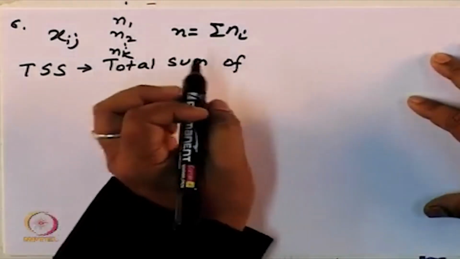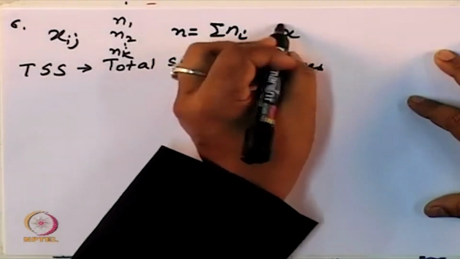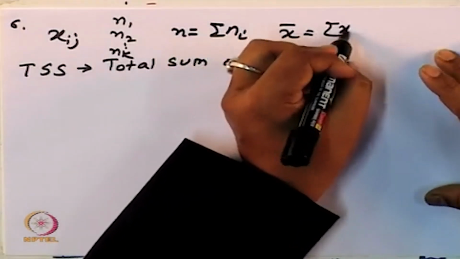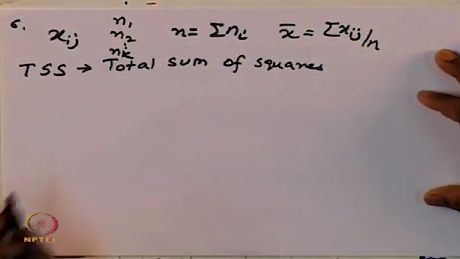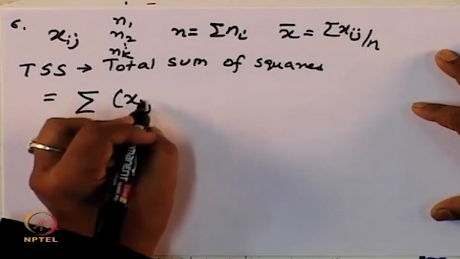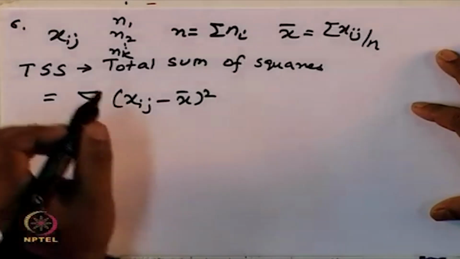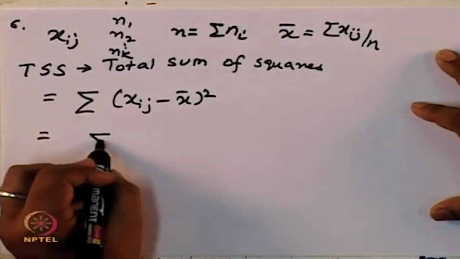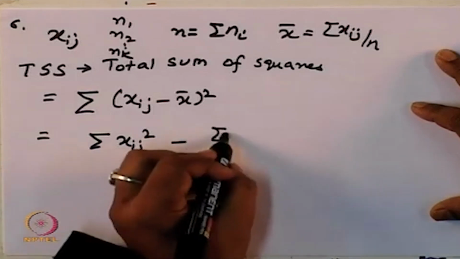TSS is defined as the total sum of squares, and let us say x bar is the summation of x_ij divided by n. So, TSS is defined as the summation of (x_ij minus x bar) whole square. If you expand this, you can show that this is nothing but the summation of x_ij square minus